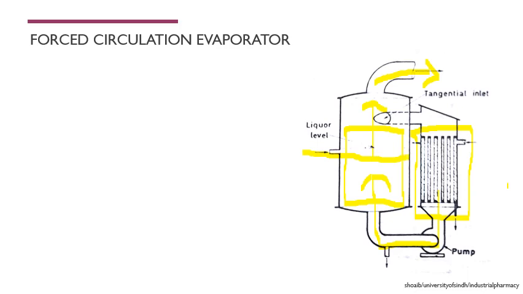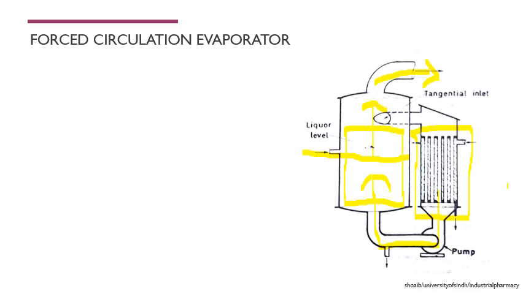So simply, in the forced circulation evaporators, we are providing forced circulation. In the natural circulation evaporators, there was no circulation or almost no circulation. But in the forced circulation evaporators, we provide forced circulation through different mechanisms. In the first type, we were using propellers, agitators or paddles for the movement of the liquid. When the liquor was moved, the whole bulk of the liquid was coming upside down, so the evaporation was taking place from the whole of the liquid.